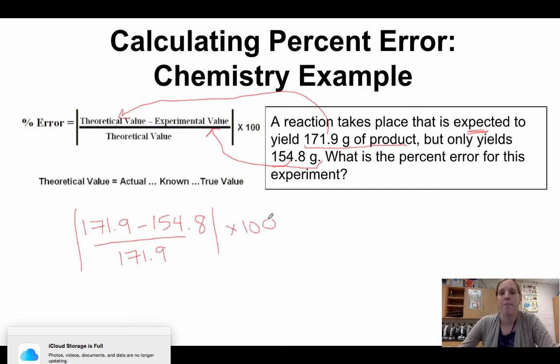To get my percent error, I would do 171.9 minus 154.8 divided by 171.9 times 100. I would get about, once again, a 10% error, although I can have some more sig figs in this situation because all of these numbers have 4 sig figs. So it could say it's a 9.948%